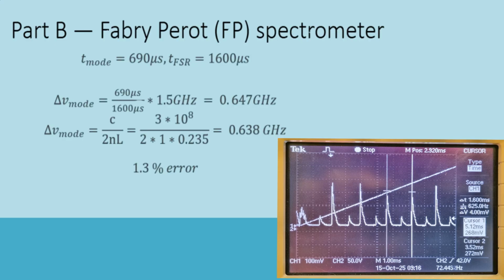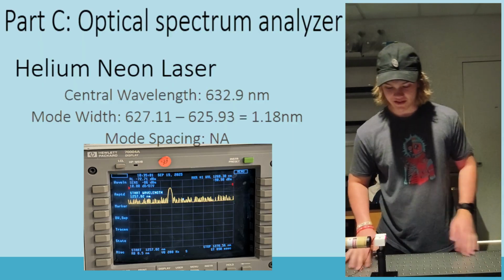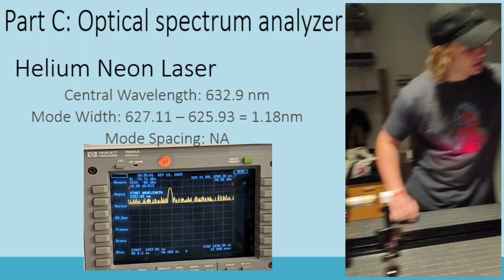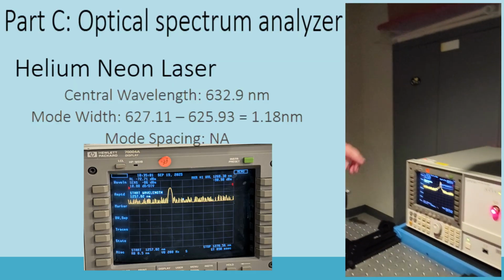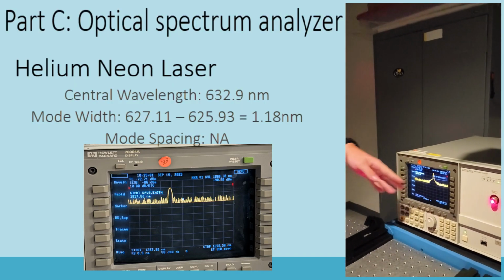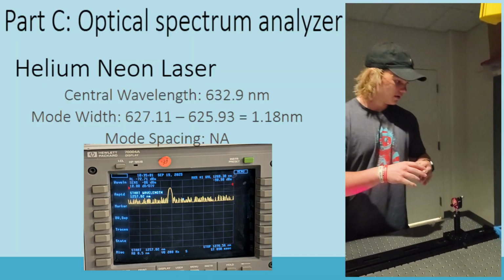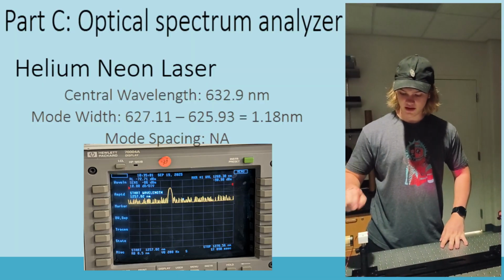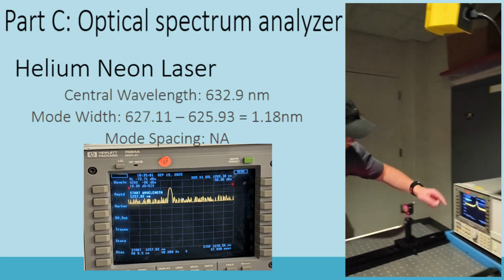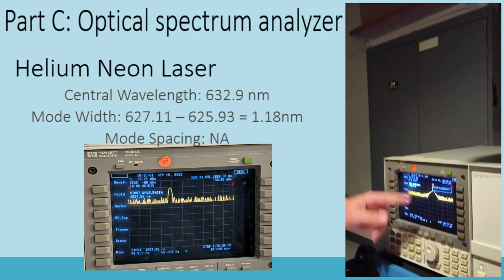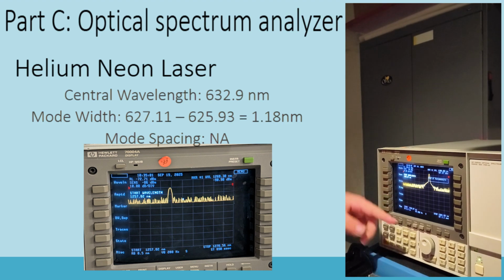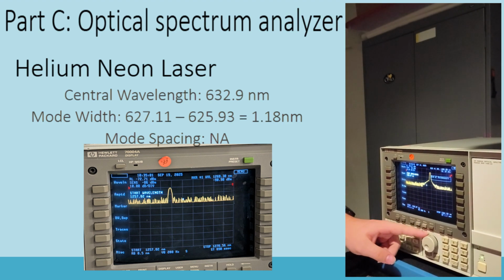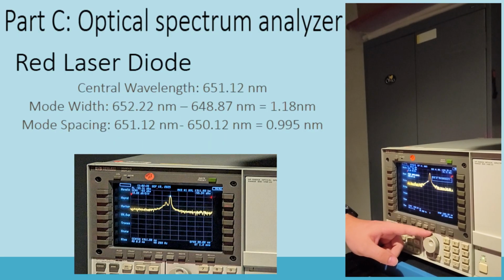Okay, so for part C of the lab, we start with our source, and we aligned these two mirrors and the source so that it hit this detector here, which showed us the graph of the emission into power per wavelength of the source that we're choosing, either the laser diode or the LED. And what we did, we found this here is our mode, and using this dial here, we found the peak of the mode for